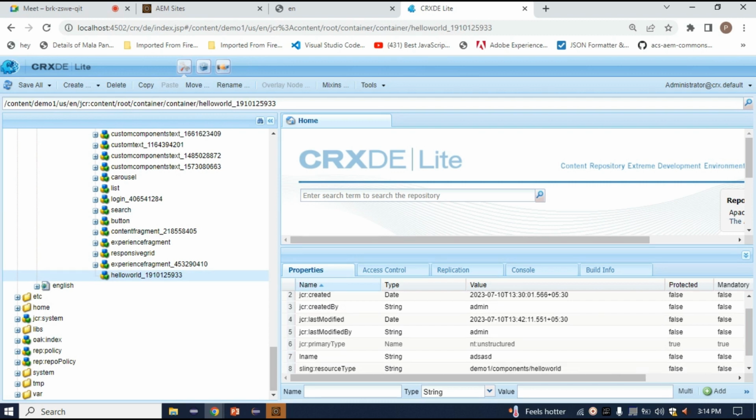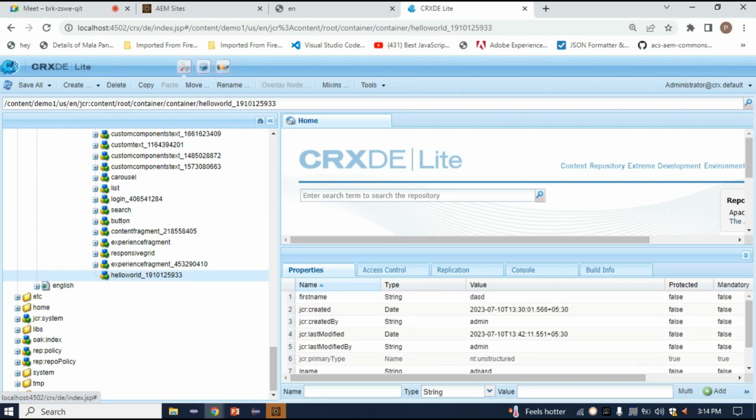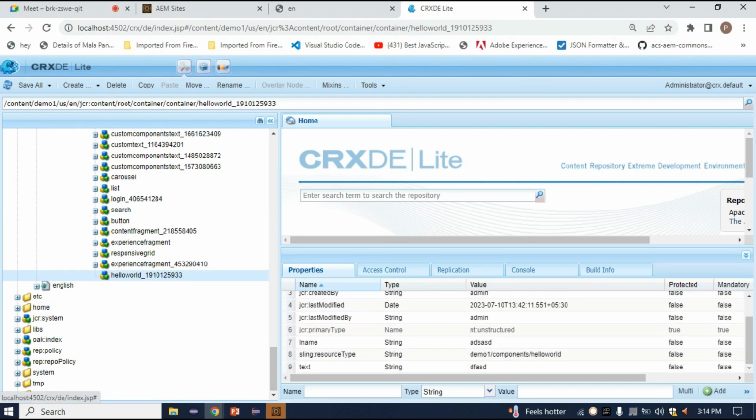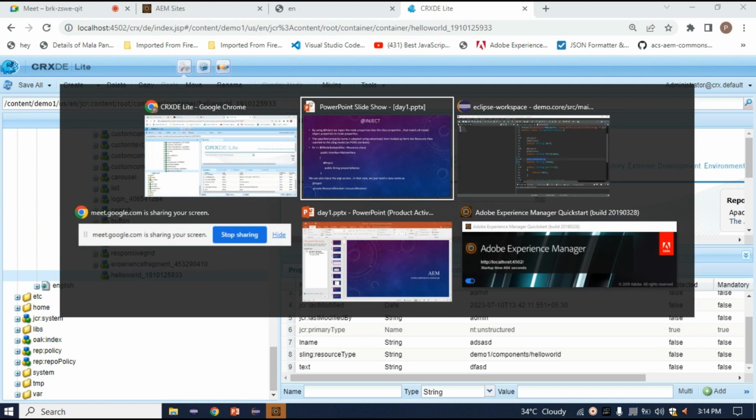Here we have our hello world component. This is L name, text, and somewhere we have a first name as well. So this is the property. All these properties it is storing in our components. Yeah. So your Sling directly comes inside this hello world. So how will it come? Because of this